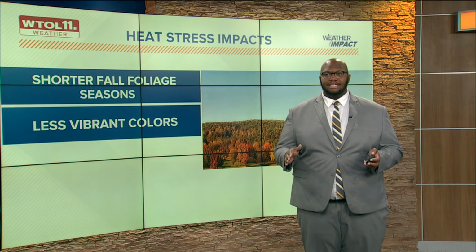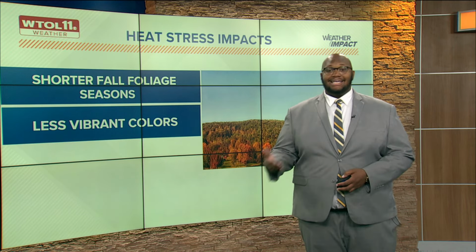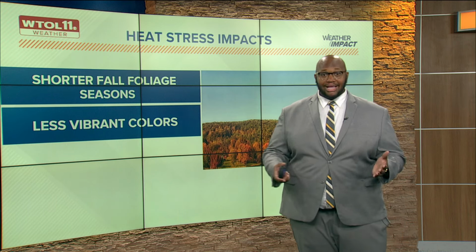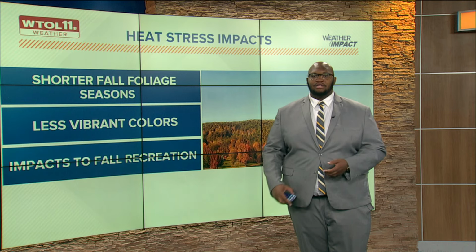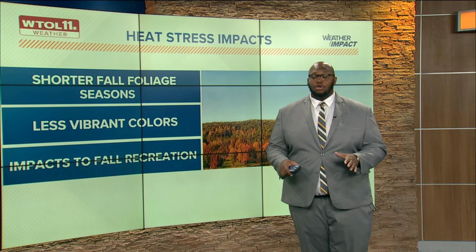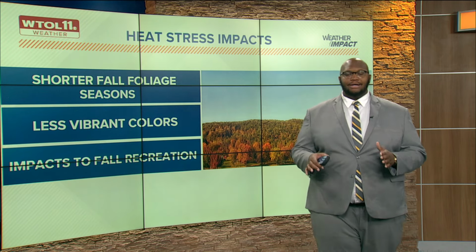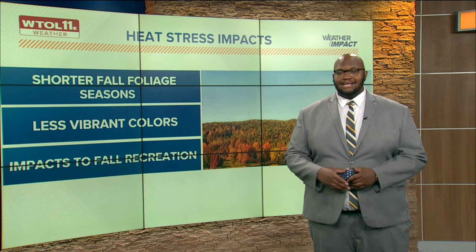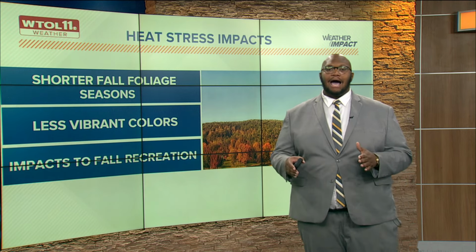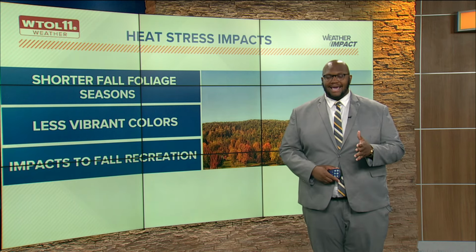Of course, we're always used to those nice, beautiful, vibrant colors throughout Northwest Ohio and even across the Midwest. But if that heat stress does in fact continue, that's when we'll likely see some less vibrant colors out there. And lastly, that will impact fall recreation across many of those areas who thrive on it. This is likely a $1 billion industry when it comes to fall activities and that fall foliage. So this is one thing we will definitely keep an eye on over the next several weeks as heat stress becomes a more common topic going into September and also into October. And we keep track of that right here